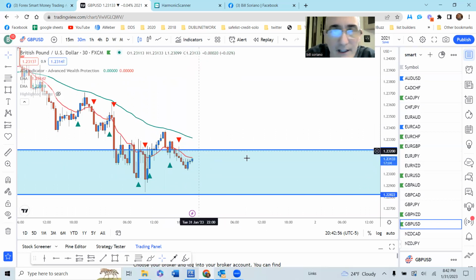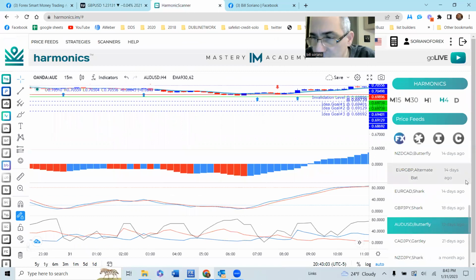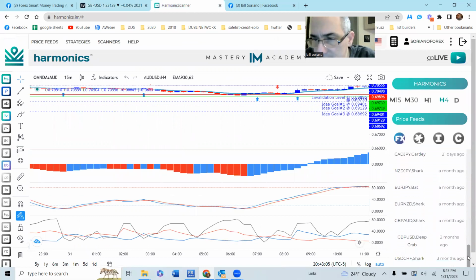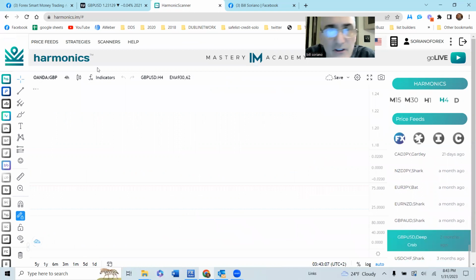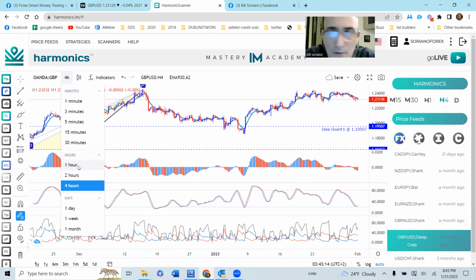So if we can get a bullish candlestick or an ATH on there, and if we look at the harmonic scanner and we find GU here, I'm pretty sure we could find it here somewhere. Here's the GU one. Again, this scan came out a while ago, but if we look at the 1 hour here,